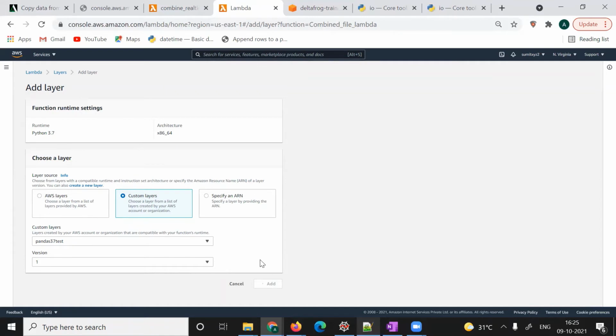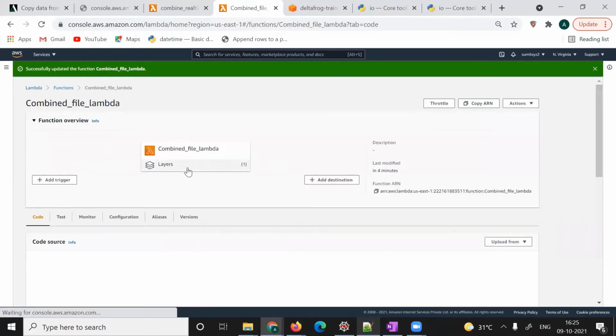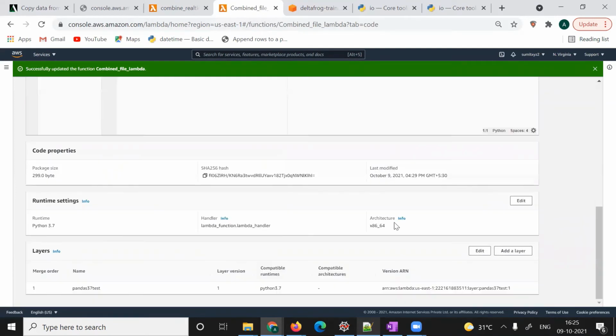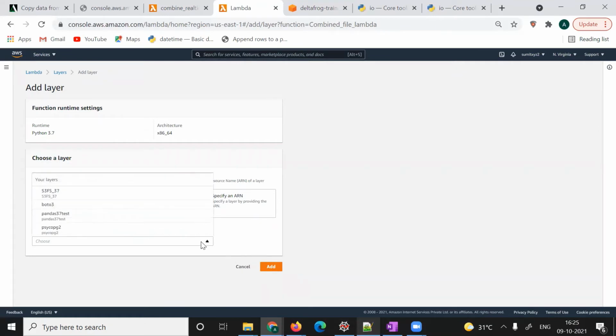AWS should add some feature where I can add all my libraries at once, but right now AWS does not have that feature, so I have to go there and add them one by one. No problem, maybe after some time they will add this feature.